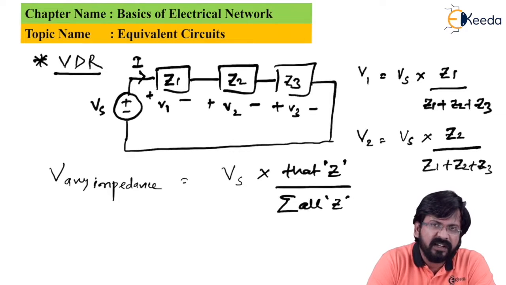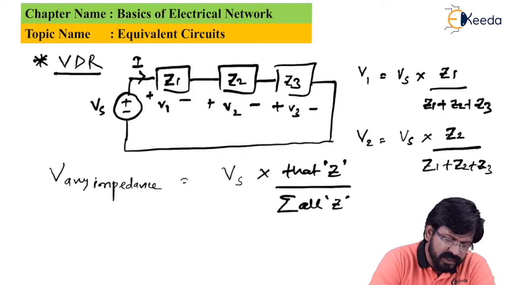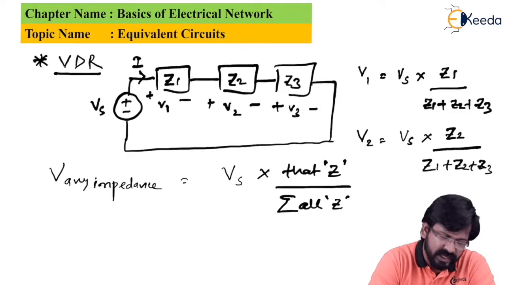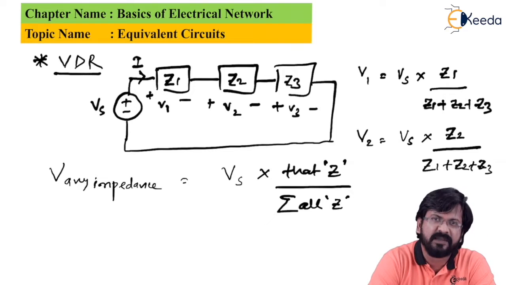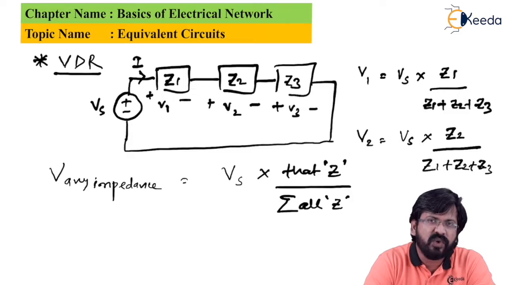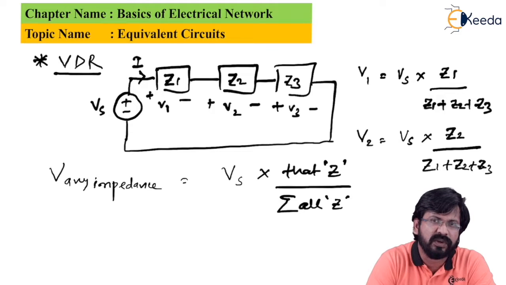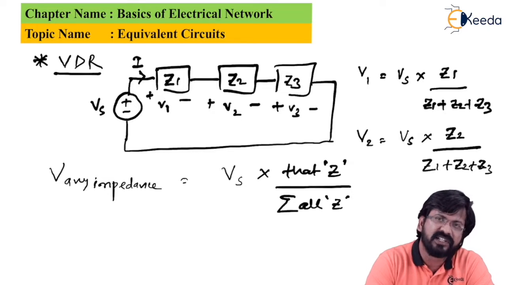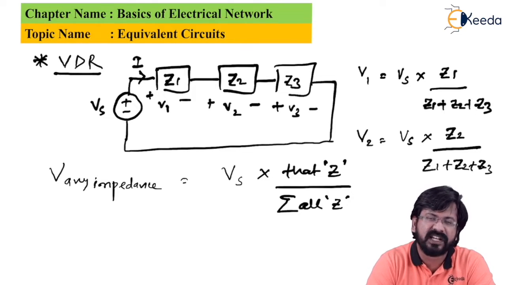We know the fact that what remains the same in a series circuit is the current. That is, the current through Z1, the current through Z2 and the current through Z3 along with the battery is the same current. In this case, current is not getting divided, so there is no question of applying the current division rule. But we can clearly see that in series circuits, voltage gets divided as V1, V2 and V3. Therefore, in case of a series circuit, we apply the voltage division rule.